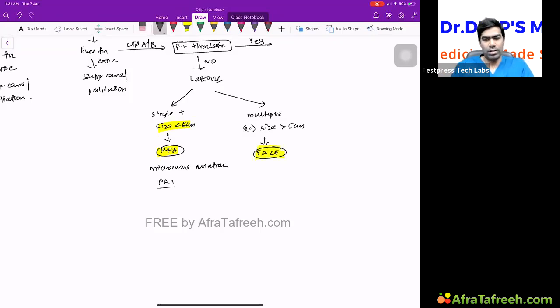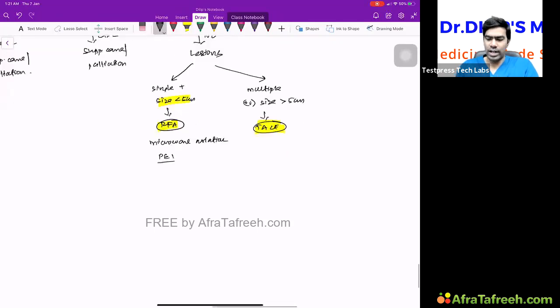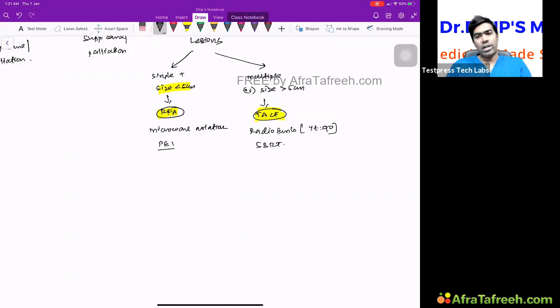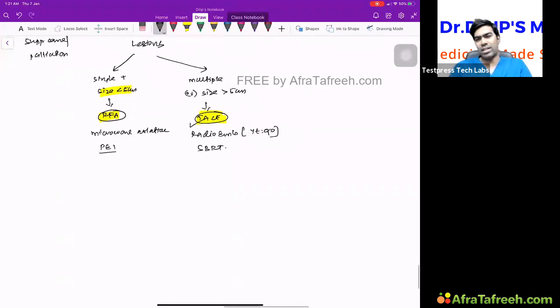Transarterial chemoembolization will be done in a dedicated radiology center, or you can do something called radioembolization using yttrium 90. I think I wrote 70, I guess. Yttrium 90 radioembolization can be tried, or you can do SBRT, stereotactic body radiation therapy. This is what you can do, but the most appropriate and the best option right now is TACE, transarterial chemoembolization,